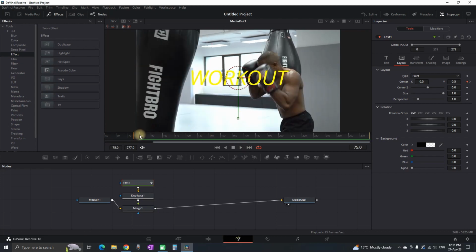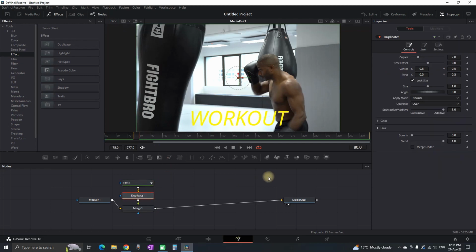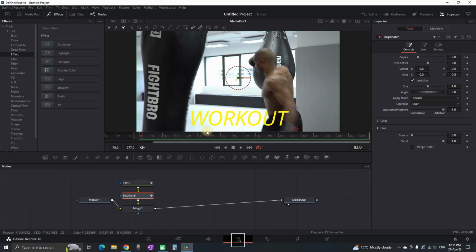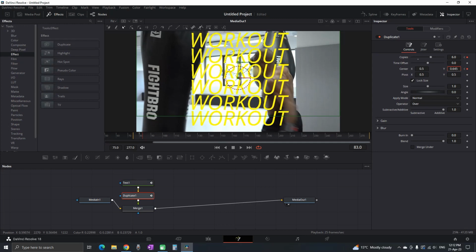Then I'm going to the frame where this text is already in the bottom of the screen, and then I'm selecting the duplicate node. The next step is going to the inspector, and I'm creating a keyframe next to copies and center XY. Just like before, I'm clicking the diamond next to the section. And then I'm going back on the timeline and moving 3 frames forward by pressing the right arrow of the keyboard. Then I'm jumping back to the inspector and increasing the value of copies to 6. And also I'm increasing the value of center Y, which in my case I'm going to leave at